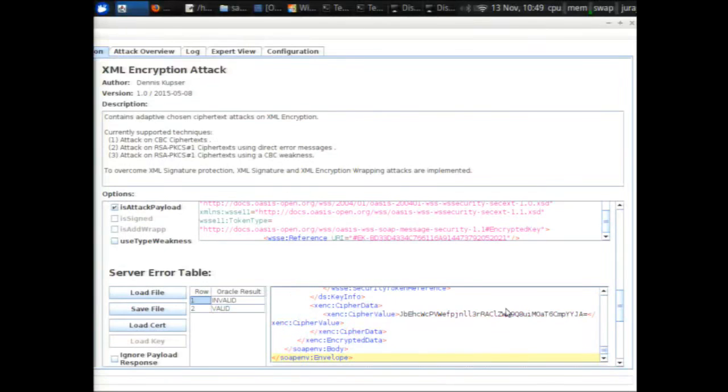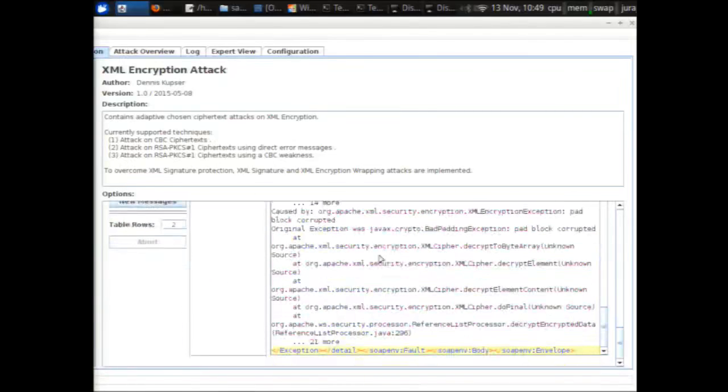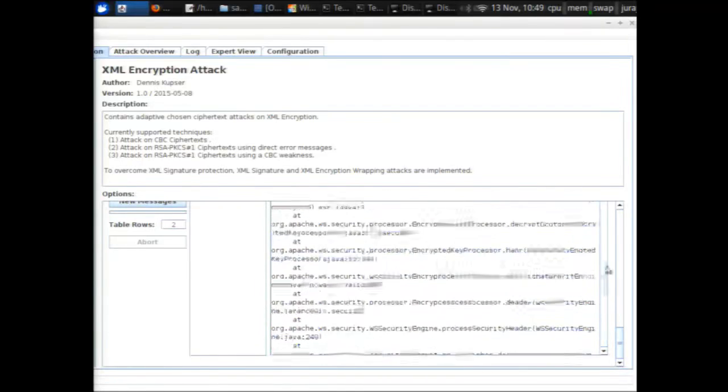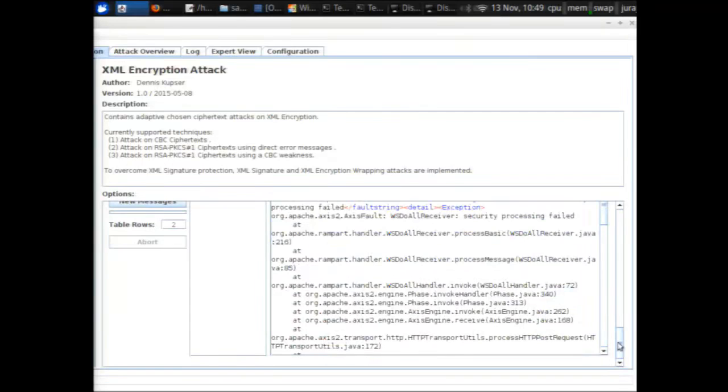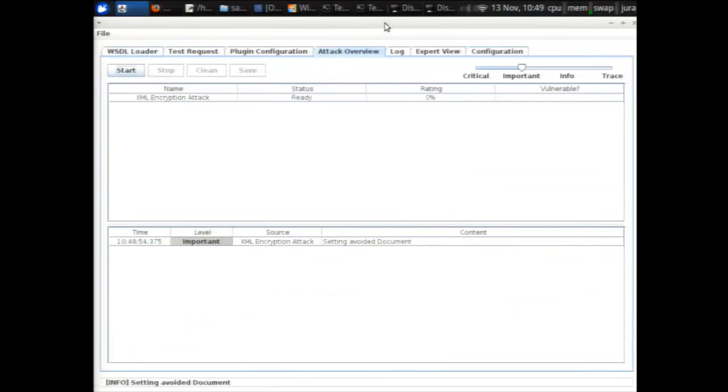And then we have here the message number 1. It contains, you can see here, okay, it's only a stupid demo web service, so there is some stack trace. And we know that this is probably something invalid because we produced some stack trace error and so on. Okay, so we set this message to invalid. And then we set up our framework and the web service, and now we can go further with the